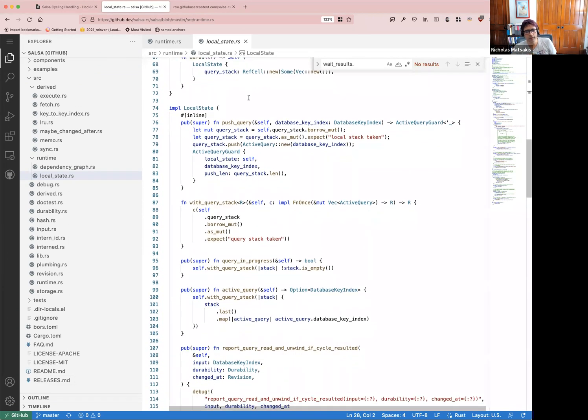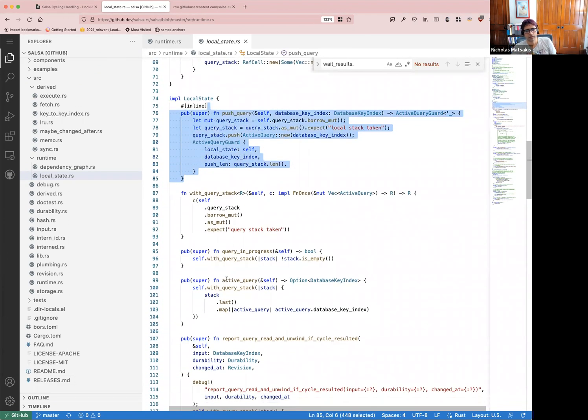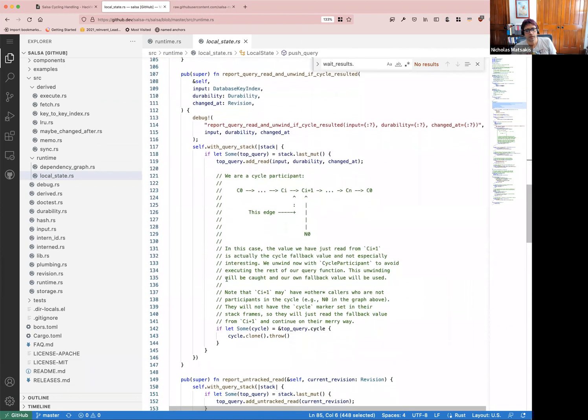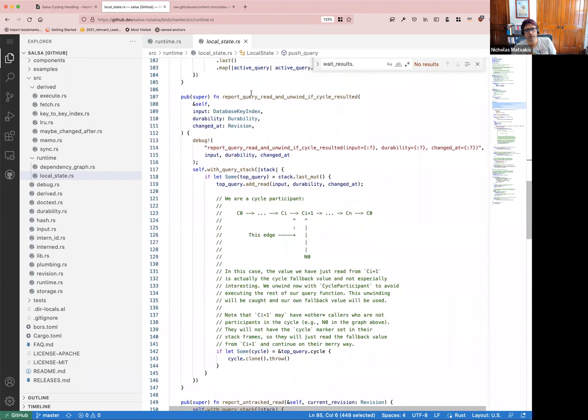And in here, we can push things on the stack. And then at the very end, this very long cycle name, when the query that's on the stack, like A1, invokes another query, we want to record the fact that A1 invoked A2. So we want to add A2 as a dependency of A1, right? And that's where, at that point, we check, oh, look,